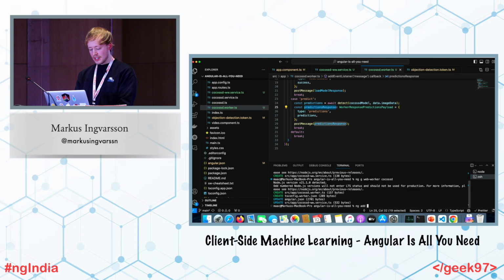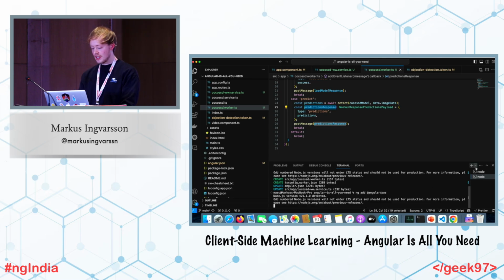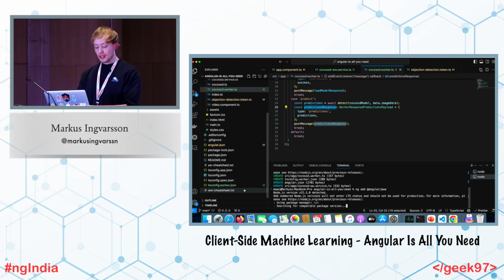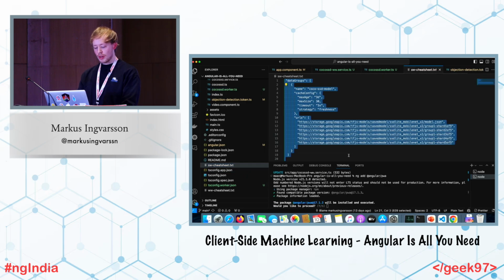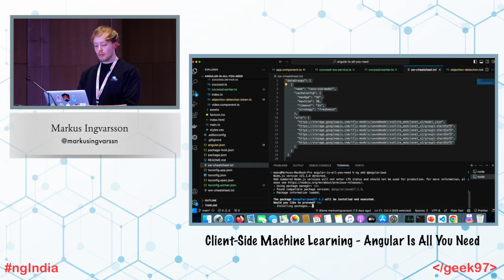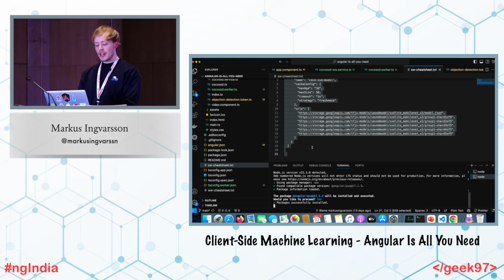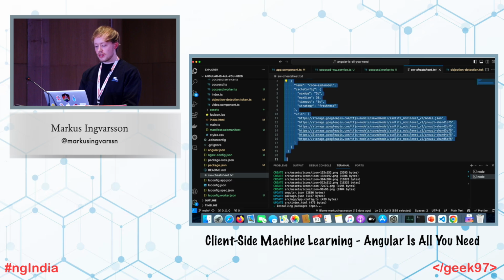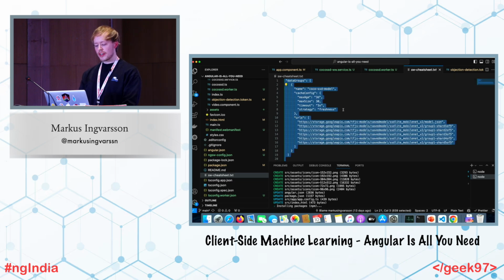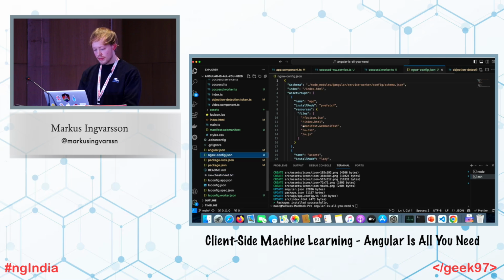So we will do ng add Angular PWA. And in the meantime, I'm going to go to this cheat sheet and explain what I'm doing here. We will add a configuration file for this service worker. What we'll add here is, basically we say that, you see these URLs, please cache them under this strategy that we have set up here, so that it can work even though we don't have access to internet later on. So I copy pasted this code,